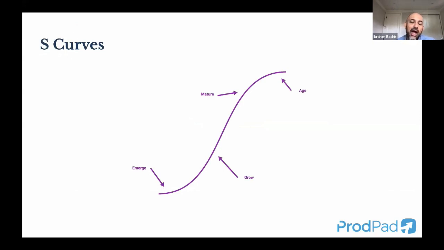As you find product market fit, your product goes through this growth phase where all of a sudden you feel this pull in the market, right? Where discovery is easier, activation is easier, adoption is easier, retention is better. And then your product gets into this mature phase where the flywheel is running itself. And then last, products tend to plateau. They tend to age out and they get to a point where we have a stable user base, but we're not aggressively growing anymore for a variety of reasons.